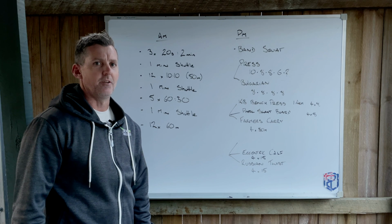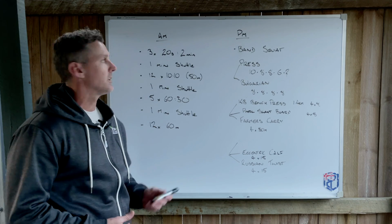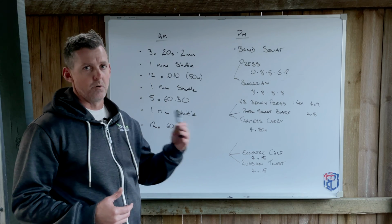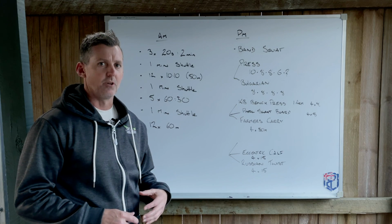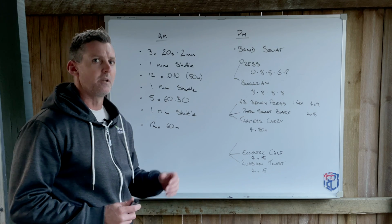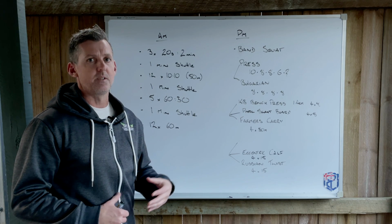Alright, so I'll just give you a rundown on today's training session that I did. This morning it was an interval session, so it started off with a warm-up where I went through a bit of running drills, progressive warm-up. I actually rode down to the park to help warm myself up a little bit more this morning, and then went into 3 by 20 second anaerobic sprints, so it's 20 seconds as far as I can